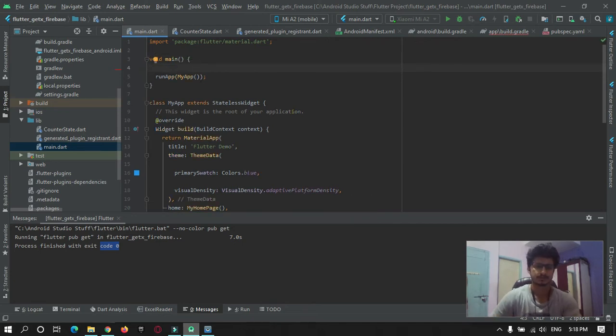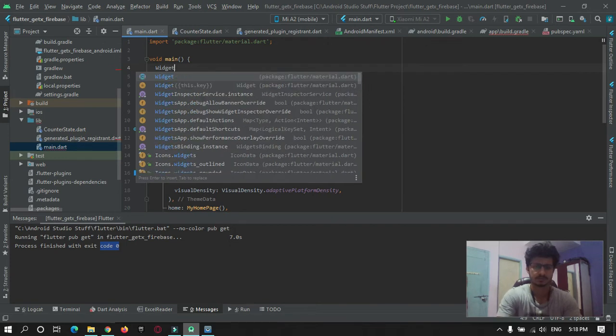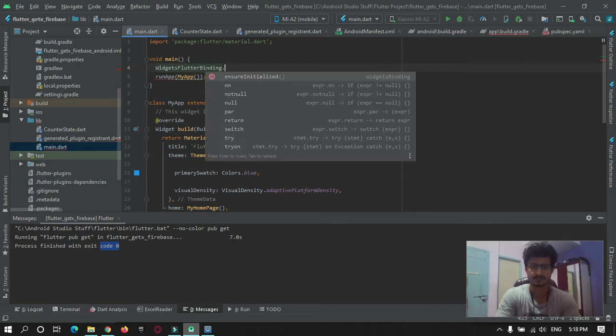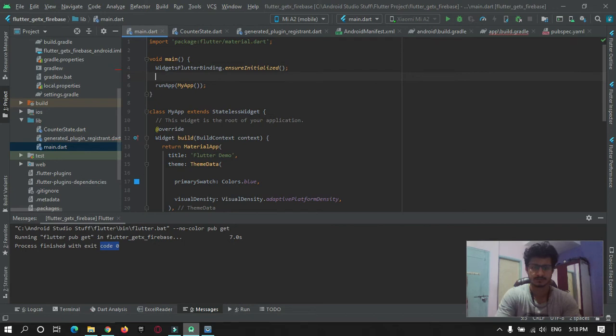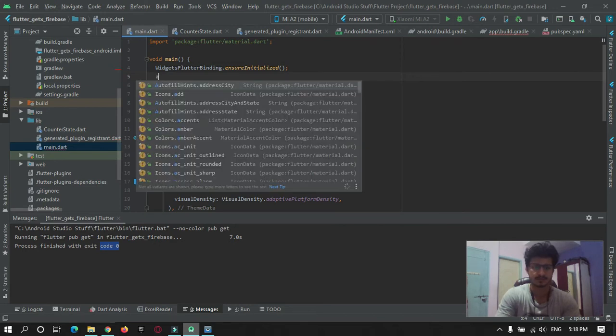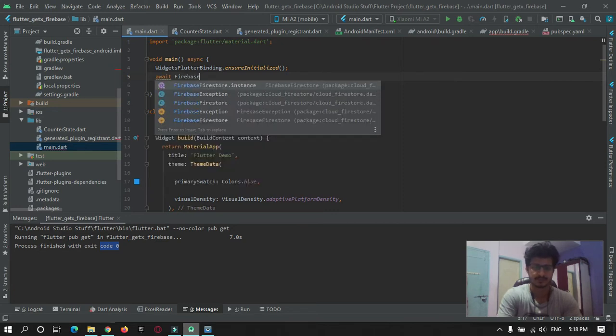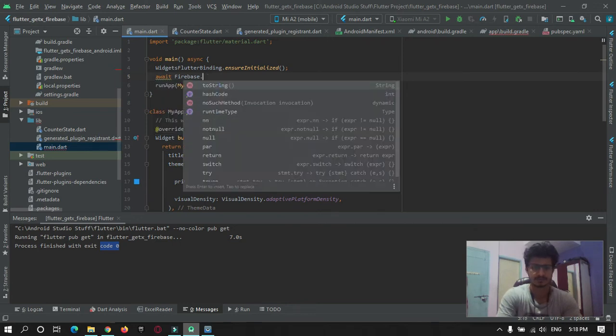For that, WidgetsFlutterBinding dot ensureInitialized, and then await. For await you need to make the function async. Await Firebase dot initializeApp.